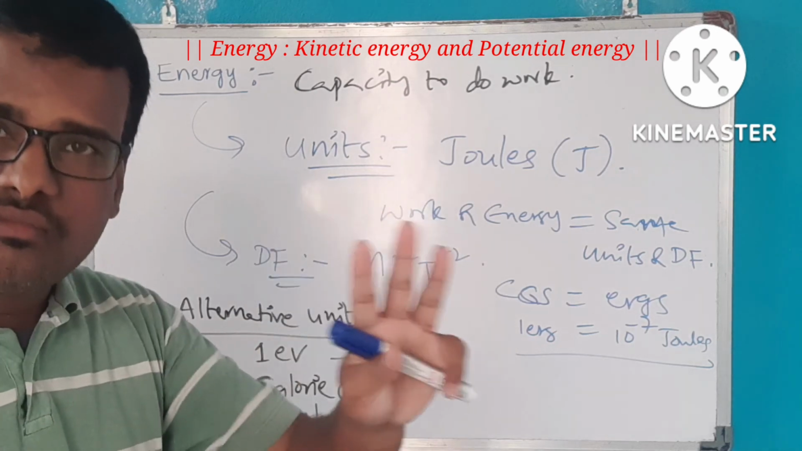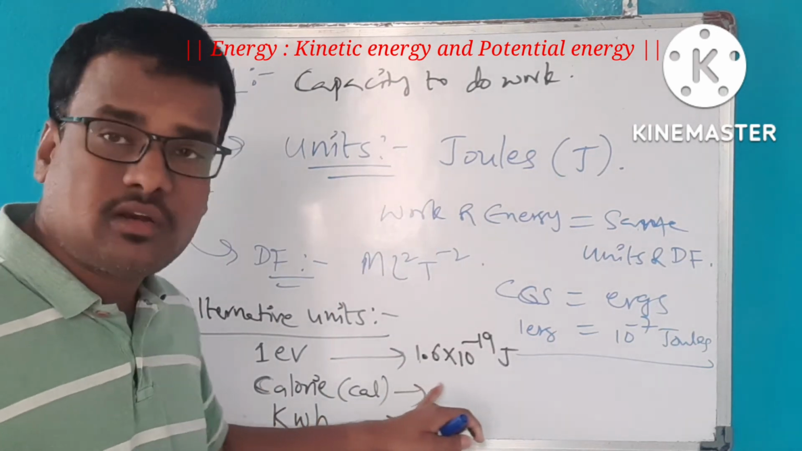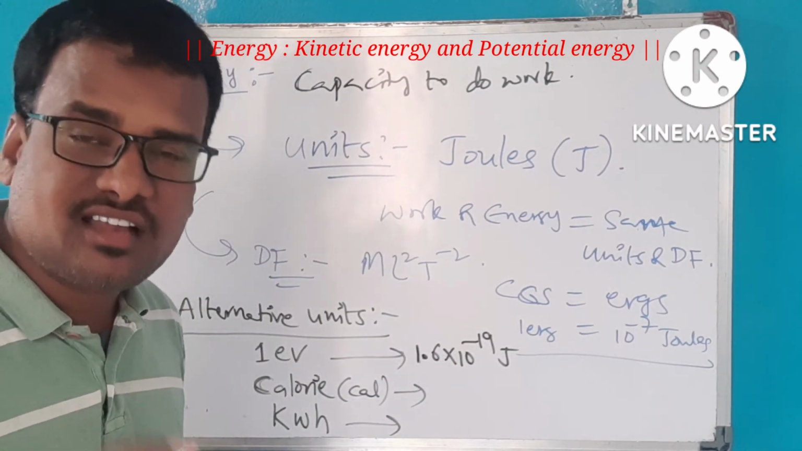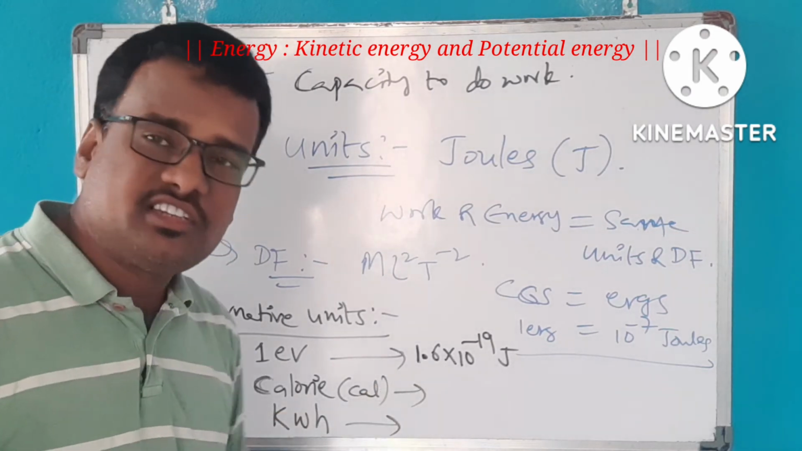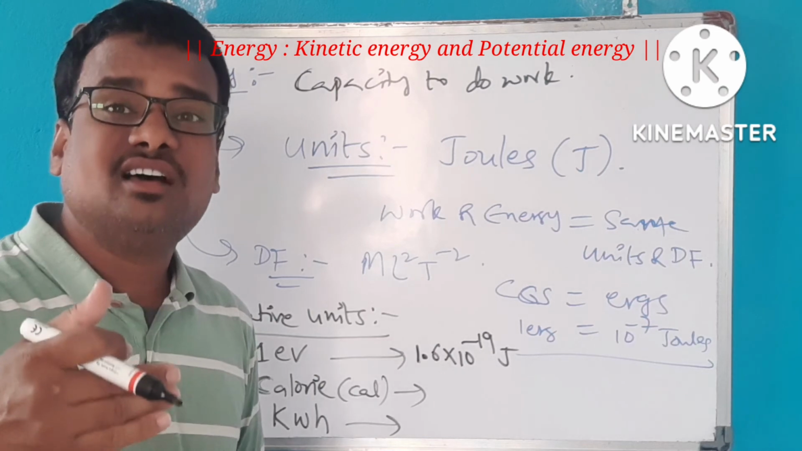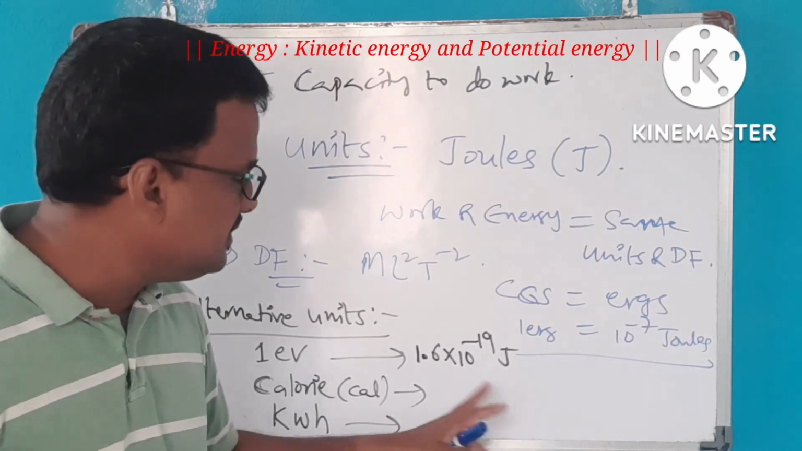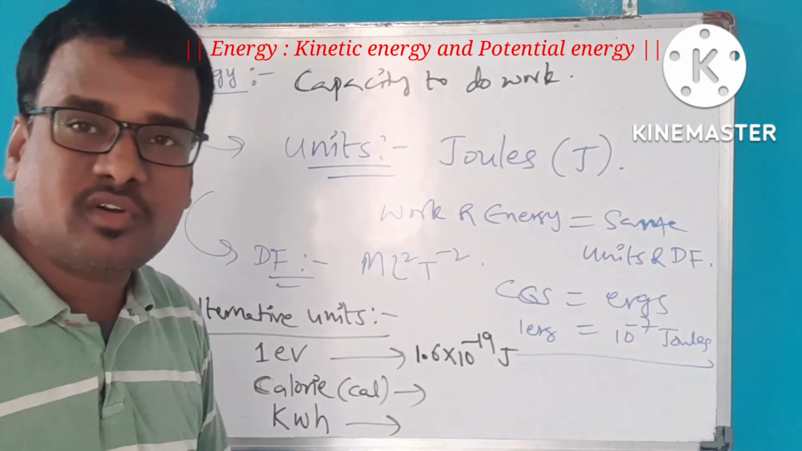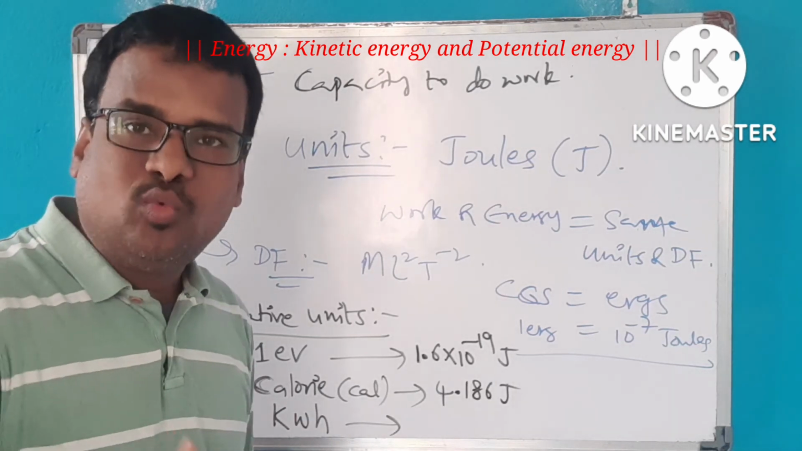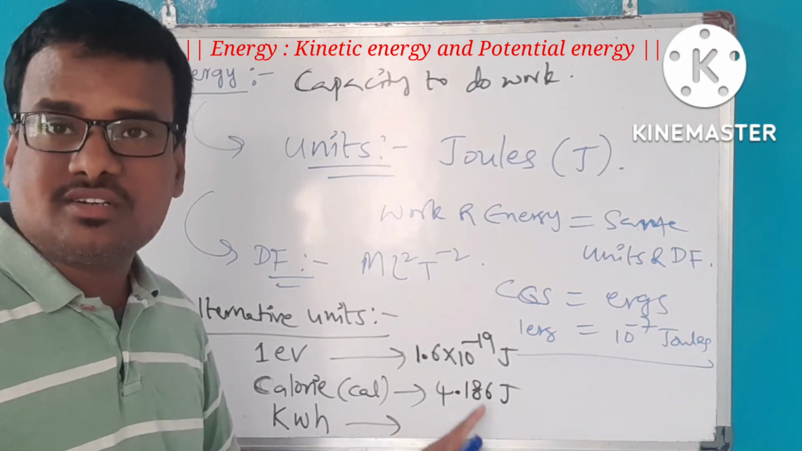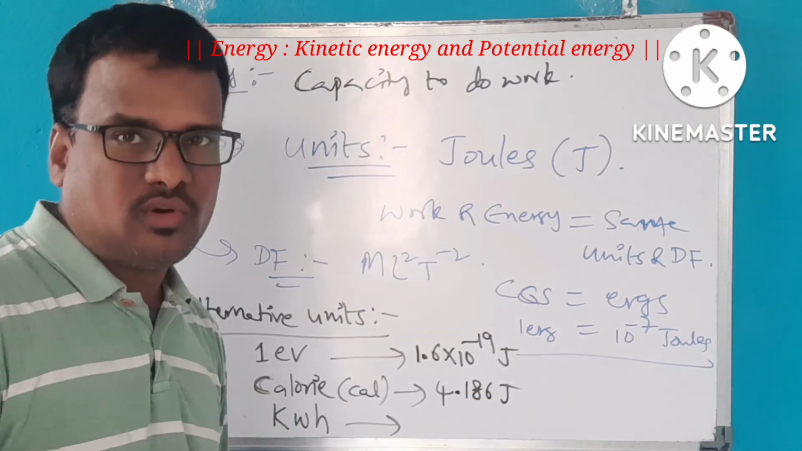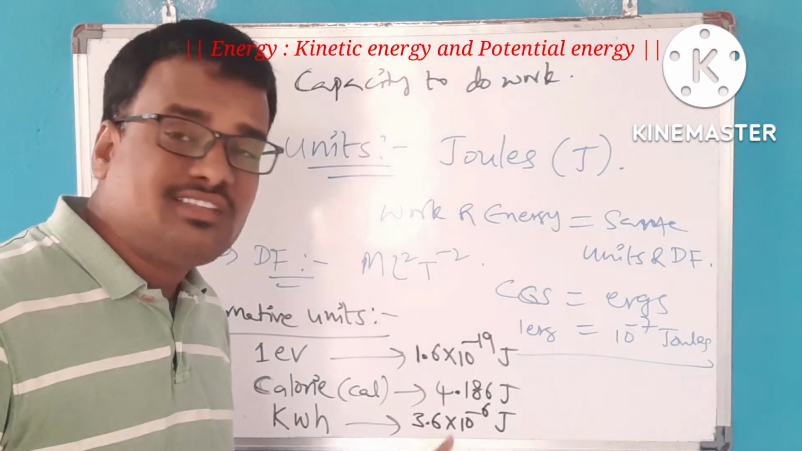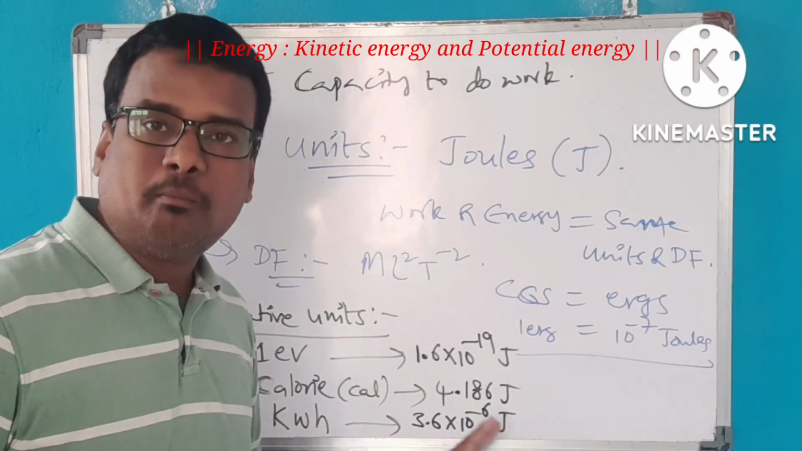So here we have finally three alternative units. 1 electron volt is equal to 1.6 into 10 to the power of minus 19 joules. Here 1.6 into 10 to the power of minus 19 is the charge of an electron, which we already know. And 1 calorie is equal to 4.186 joules. Next, finally 1 kilowatt hour is equal to 3.6 into 10 to the power of minus